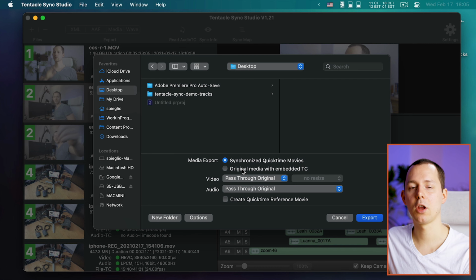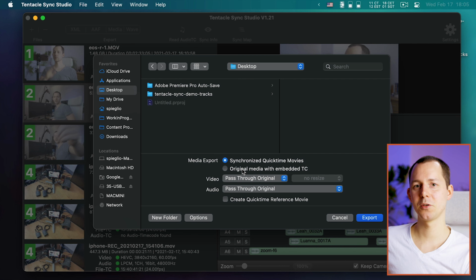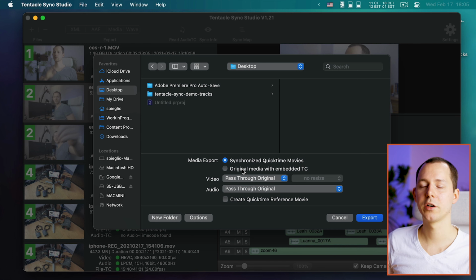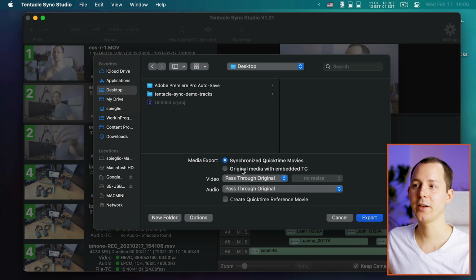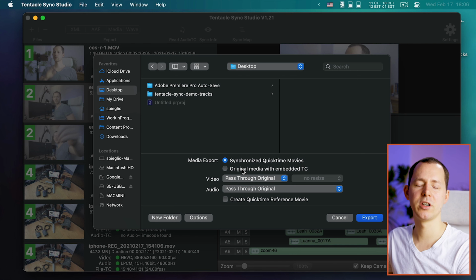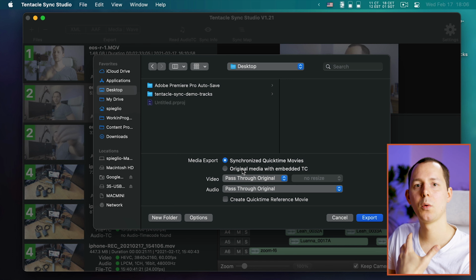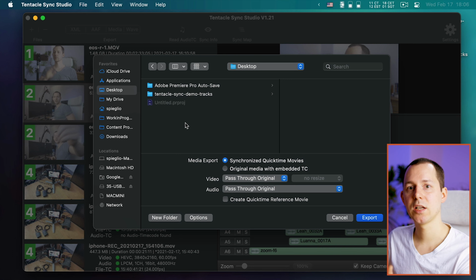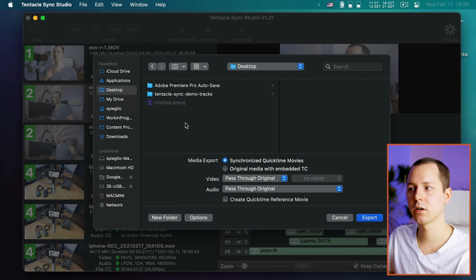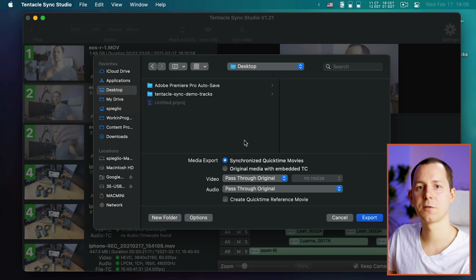However, it also takes a lot of power because as you do the transcoding, as far as I'm aware, you can't do other syncing, and your computer usually is pretty much blocked by that process, not really able to do that much more work. So this is something that I would only use if, for example, I wanted to also have all the transcoding done by this. However, it might even be better to do transcoding with Media Encoder and then use this just for the timecode